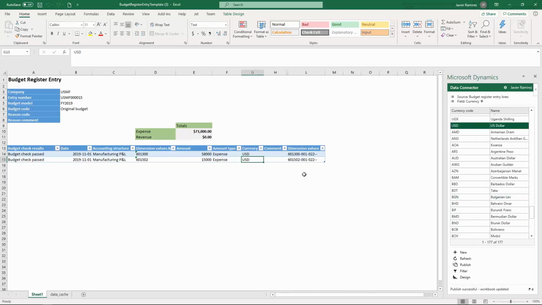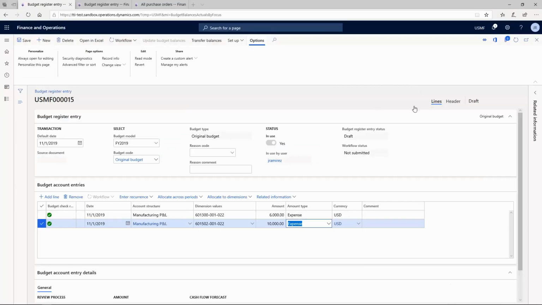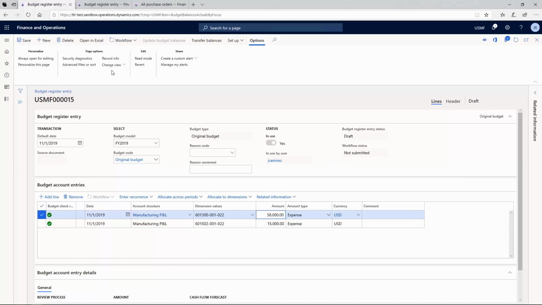So we're going to be able to see that this one now, if I go back to my finance and operations screen, these amounts, if I refresh, must be different. Okay, so that's basically how we can download information and upload information into F&O. Okay, so after this, we just need to say